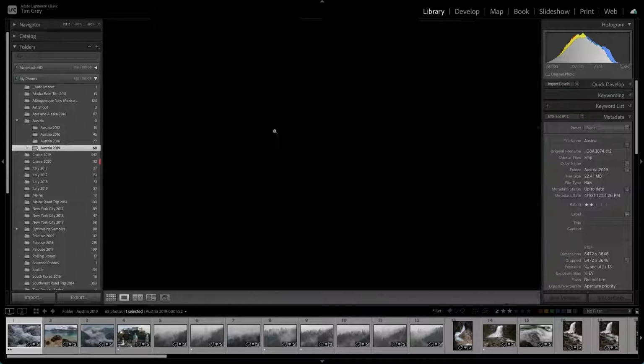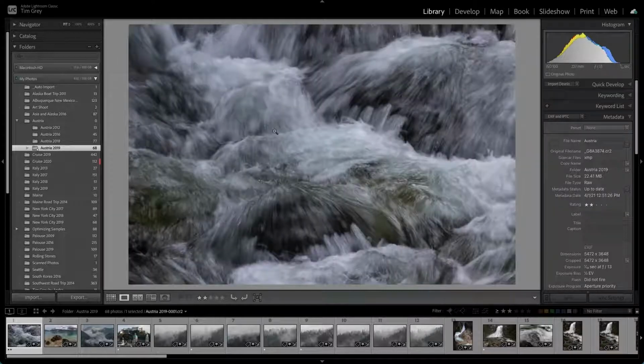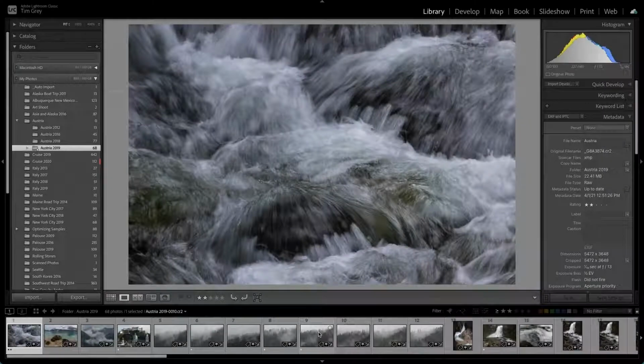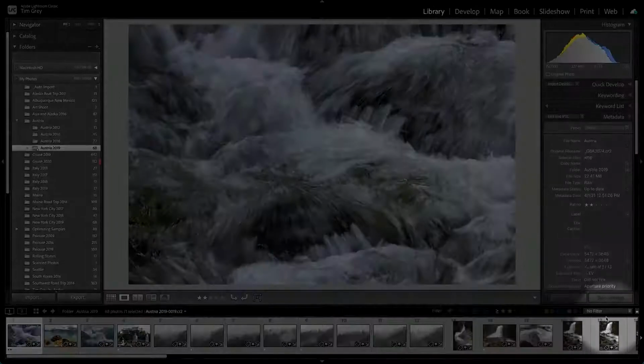I'm going to press the letter E on the keyboard to switch to the loupe view display, so that in the primary image review area here, I'm looking at a single photo, but I still have my film strip down at the bottom of the screen so that I can see all of the photos that are in the current folder. Well, at the top right of that film strip on the bottom panel here in Lightroom Classic, there's a